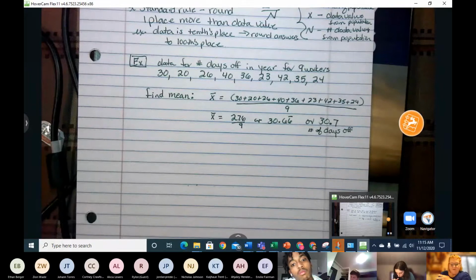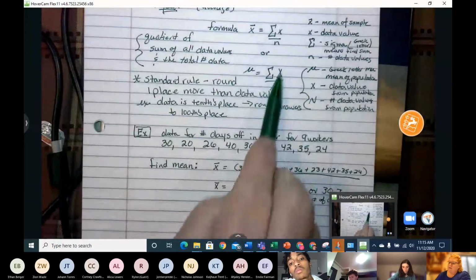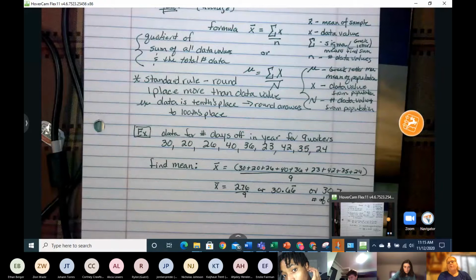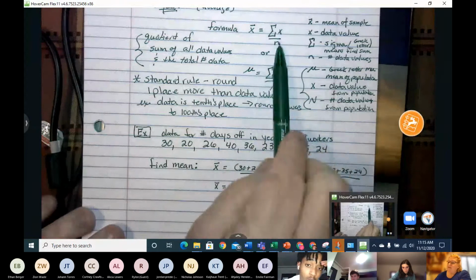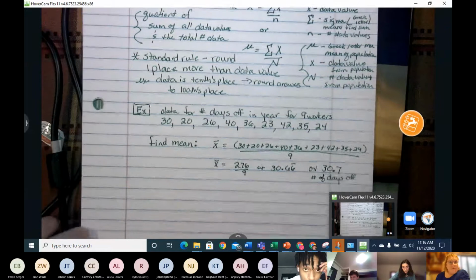Pretty easy. Pretty much review. You know how to find a mean. The biggest thing about this part is learning the symbols and the formula. I would suggest for this particular unit that you start yourself a formula sheet, because you're going to need the formula sheet for the test and for the exam. Just place your formulas on one sheet, and have them all in one place so you have them all together to use. That may be helpful for some of you.